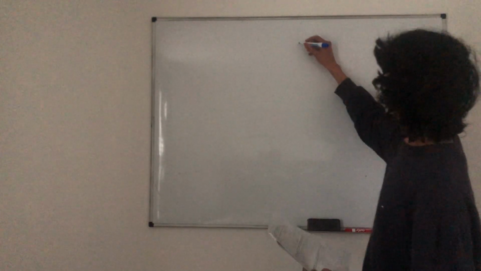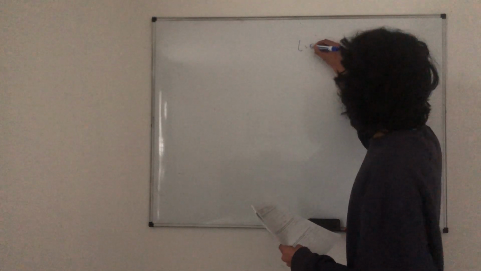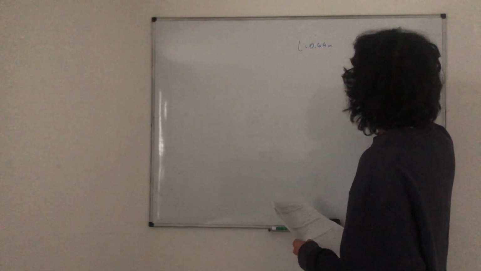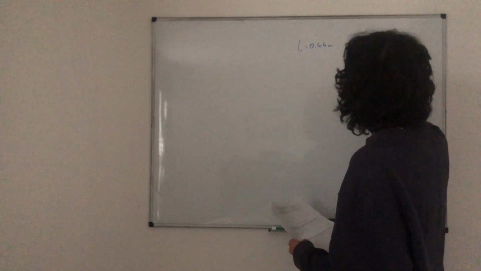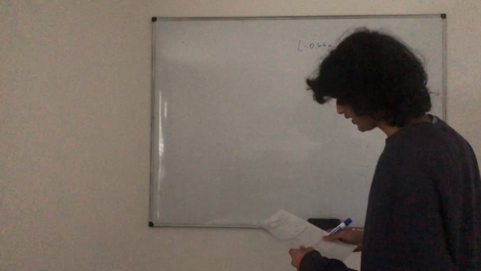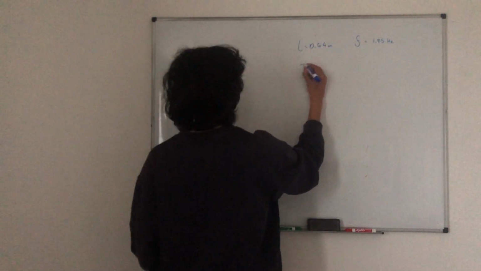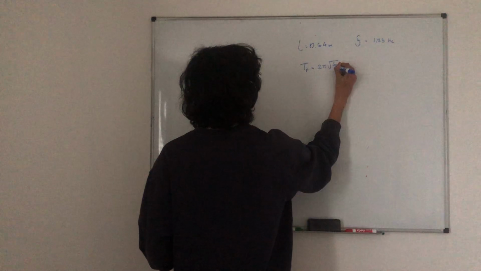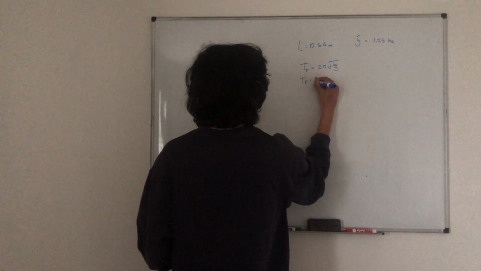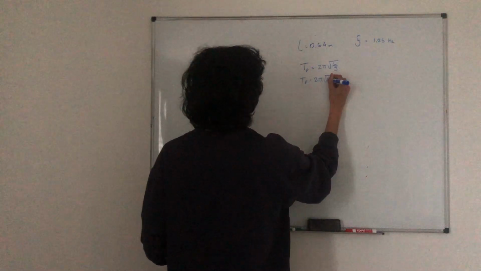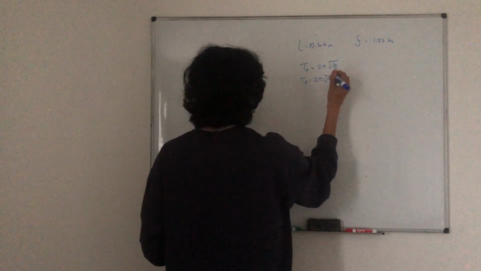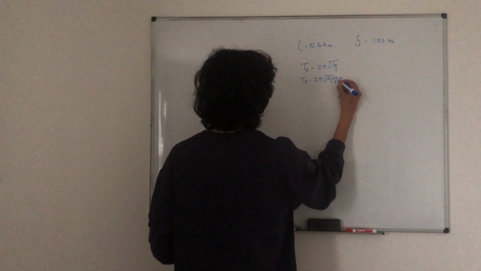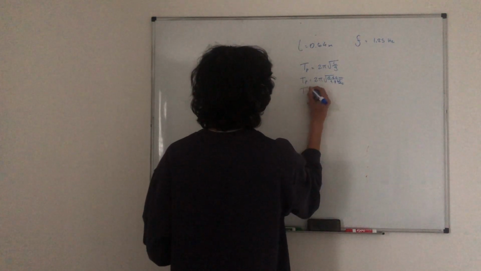we know the length of the pendulum is 0.64 meters, and we know the frequency is 1.25 hertz. We can figure out, using the period of a pendulum equation, T pendulum equals 2 pi square root L over g. If we plug in 2 pi square root 0.64 meters, and the gravitational field strength, 9.8 newtons per kilogram, we'll find a period